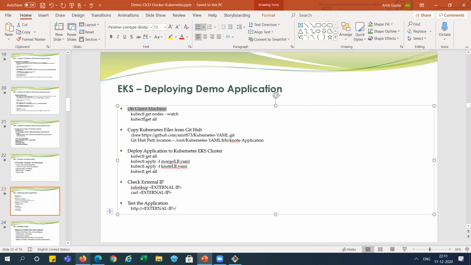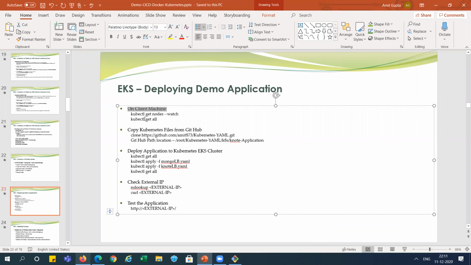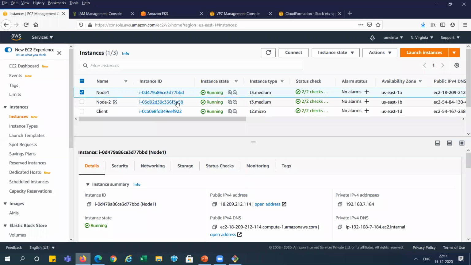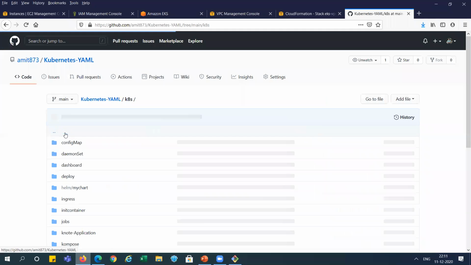Now for testing the application, we need to deploy something in Kubernetes. So what will we do? We will use some YML files, and we will take the YML files from my GitHub repository. So let me open this GitHub repository over here. You can see this is my GitHub repository, and you can see here there is a K8s folder where